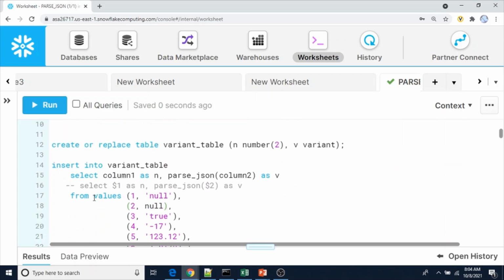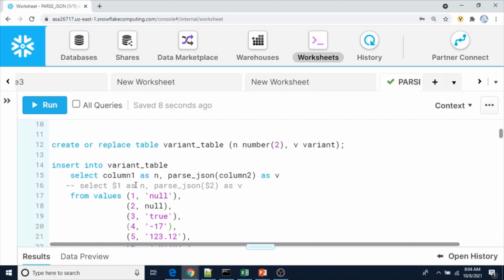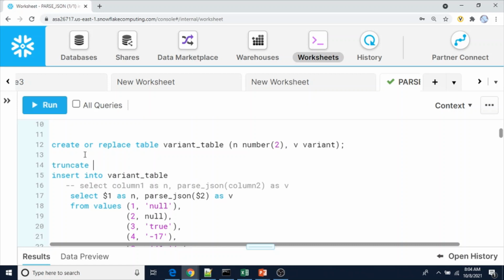Here I'm using the values and column1 and column2. You can give any name, like in this case I used column. Now let me comment out column1 and column2. Instead of column1 and column2, you can use $1 and $2. For that, before inserting again, let me truncate the data that was just inserted.